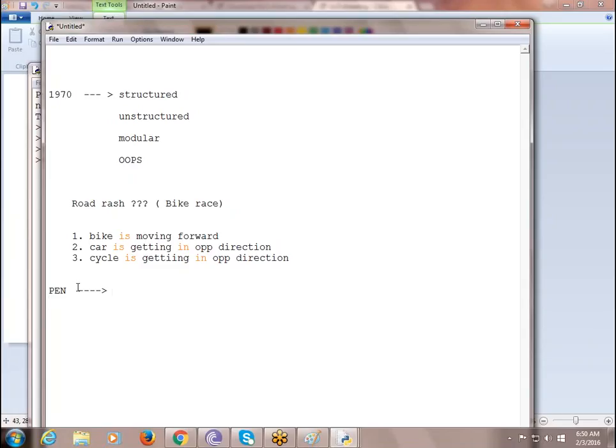It says to the developer: consider anything in this world as an object first. So here the developer assumes that the pen is an object. Now what OOPS defines is that for every object there are generally two kinds of things. One is the property, the other is its behavior. Take any object, these two will be there.